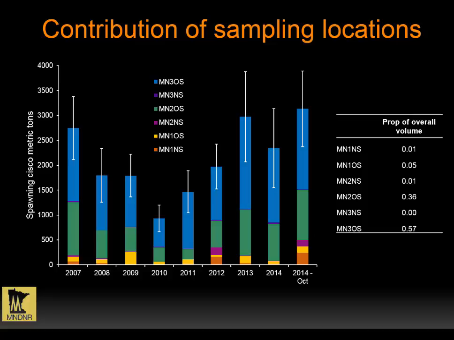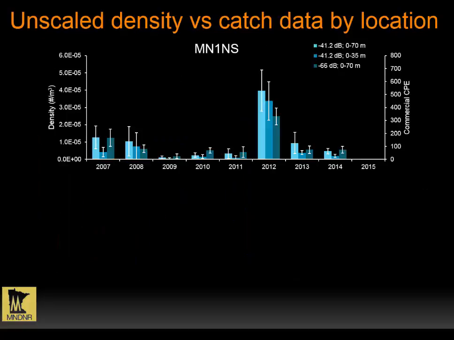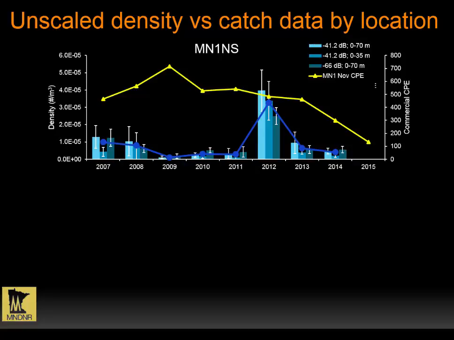Cisco spawning estimates. So if we want to just back up for a minute and say, okay, we don't want to extrapolate, we just want to look at the density trends and try and match those up to catch data by location to try and potentially remove this effect of extrapolation and to make a better spatial match, we can try and do that as well. So we have here MN1 near shore data, the density estimates in number per cubic meter, the 3 SOP methods, which on average create a trend that looks something like this, compared to the Minnesota November catch data, and then